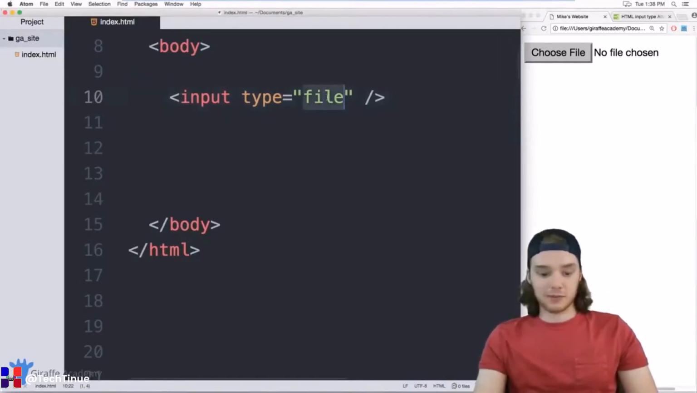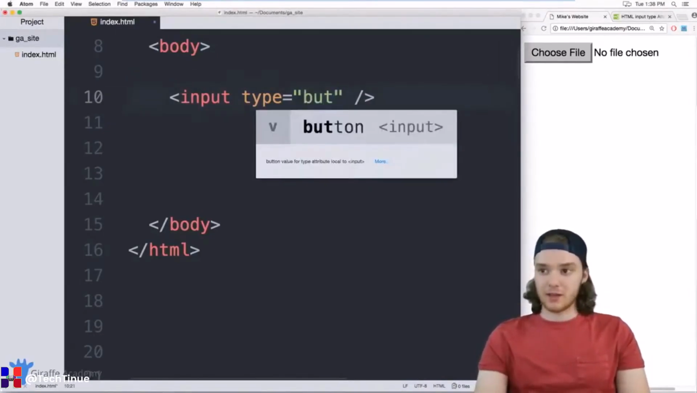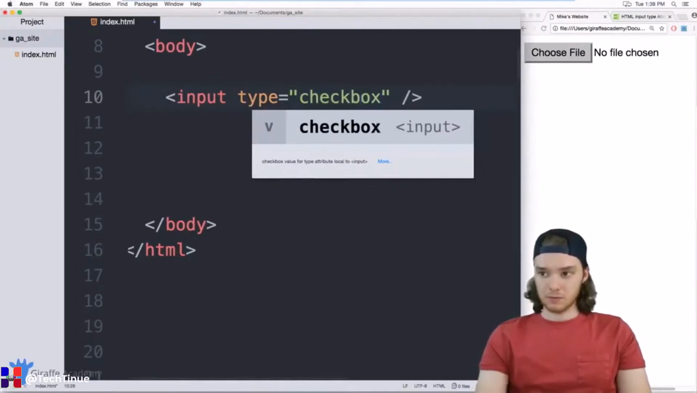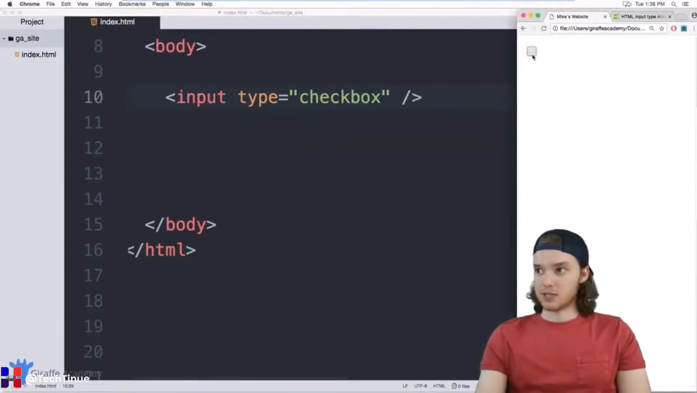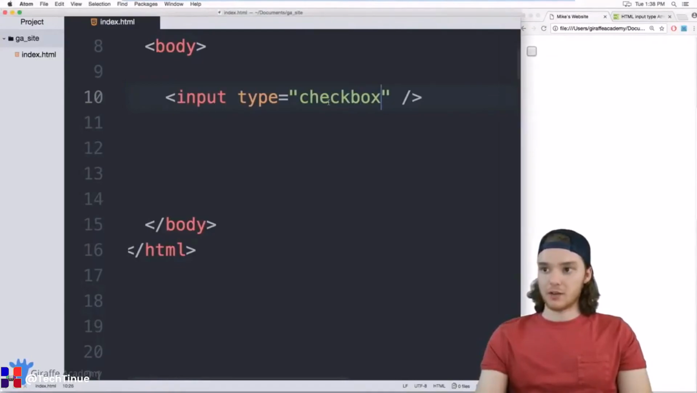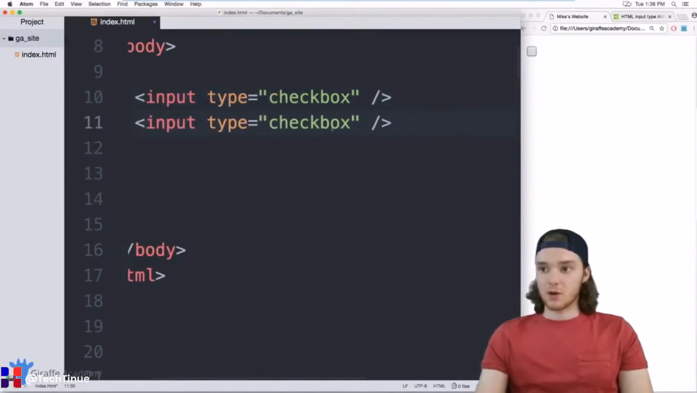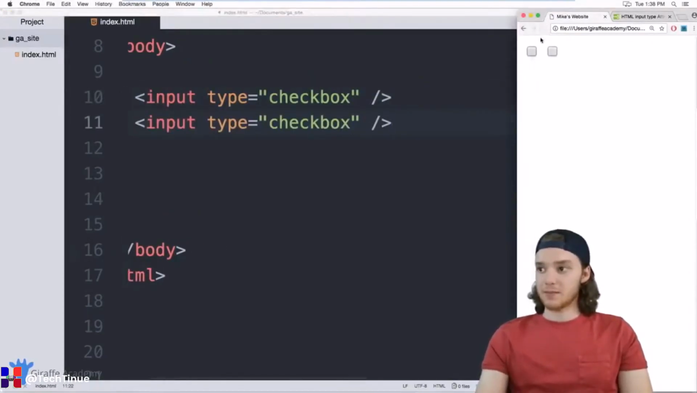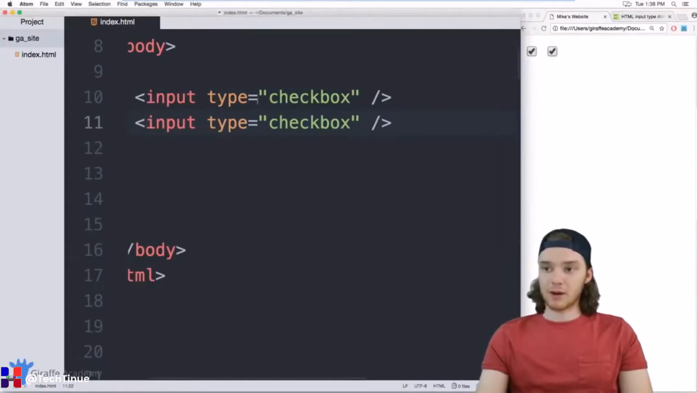And you can also define different types of buttons. So I can define a checkbox, and here we just have a little box that we could check. You could also define a radio button. Actually, I want to show you guys the difference between checkboxes and radio buttons. If I have 2 checkboxes, I can check both of them at the same time. Okay, just like that. If I have 2 radio buttons though,